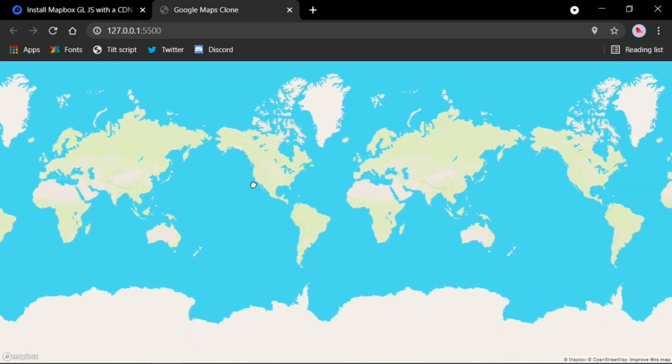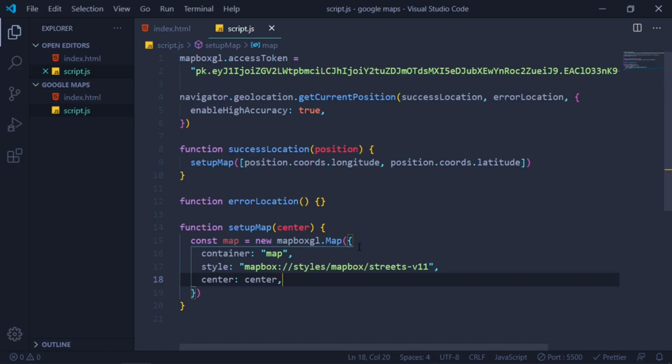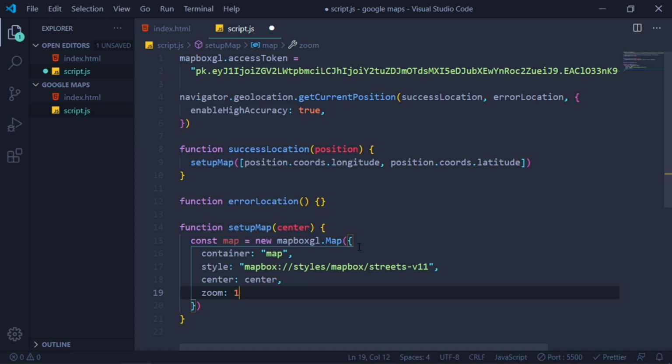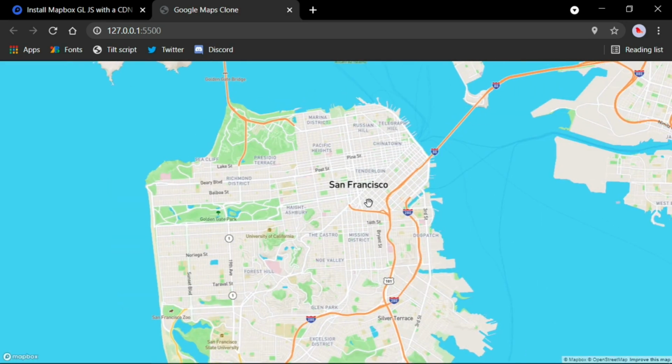It is not zooming in. So let's now specify the zoom level. Zoom, it could be 14, 13, 15, anything, but you can play with this around. But in this video I will keep it 13. So if we come to our maps and see this, this is nothing but San Francisco.